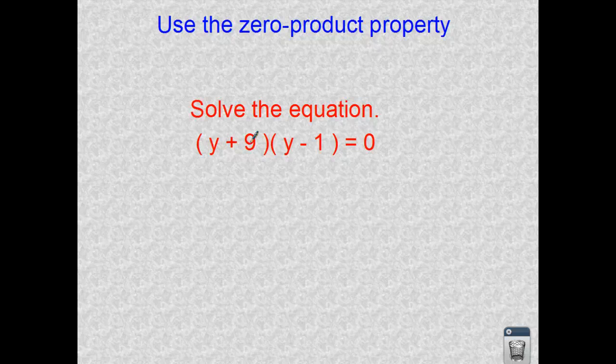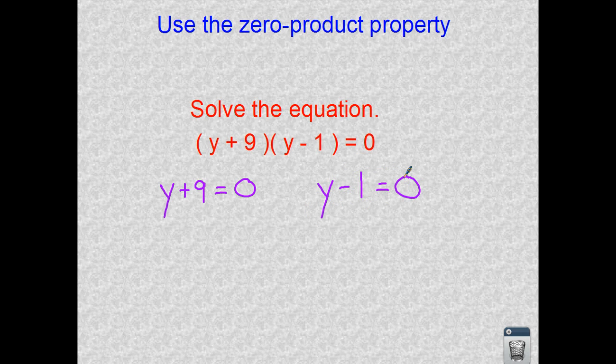If I have a value of y and I add 9 to it, what can I get as a sum to equal 0? How do I get A here, this first binomial, to be a 0? Well, what added to 9? Negative 9 plus 9 would equal 0 when I multiply it by B. So let's just solve using basic equations. I think the simplest way would be to take each of these and set them equal to 0